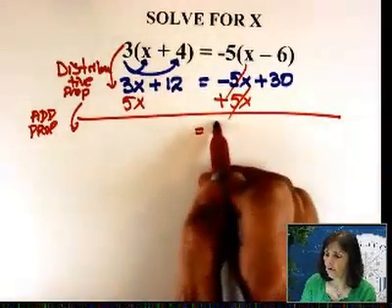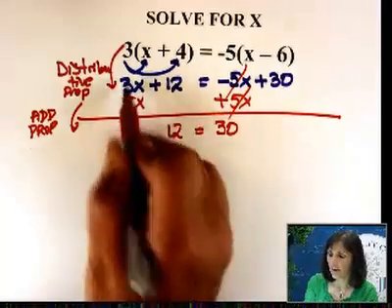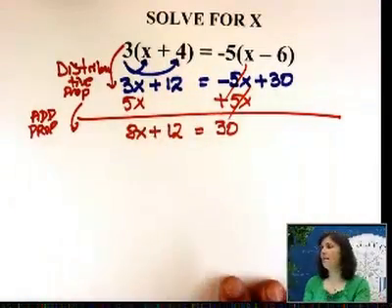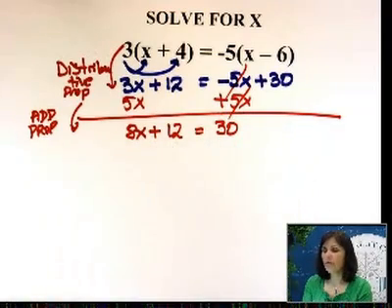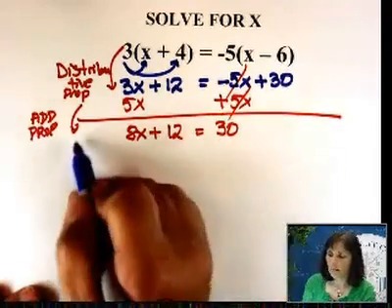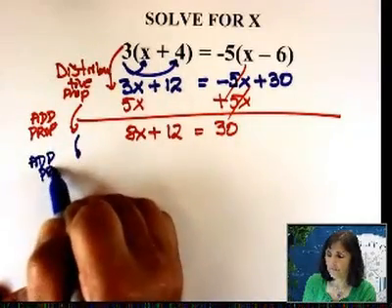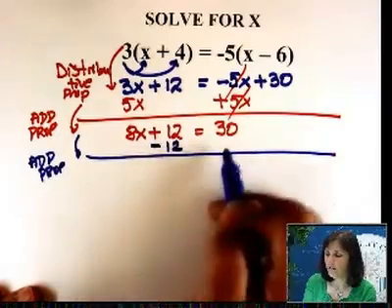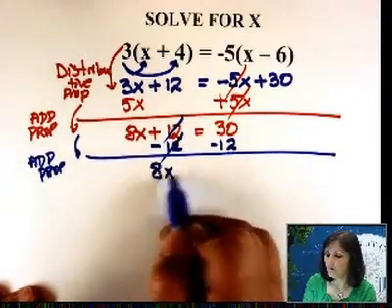You'll end up with 30 on the right, and you have 12 on the left, and now 5 plus 3, that's 8. Now what do I do? I need to get rid of that 12. Addition property again, one more time. So what I'm going to do is subtract 12. These two will go. You'll have 8x equals